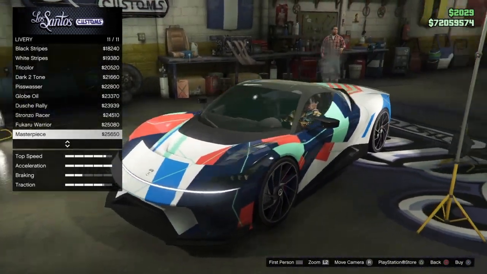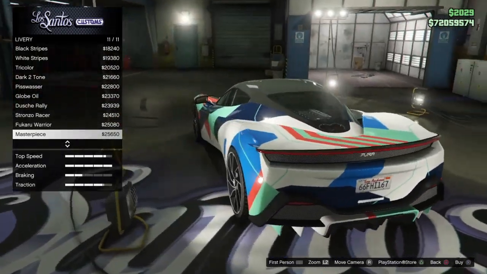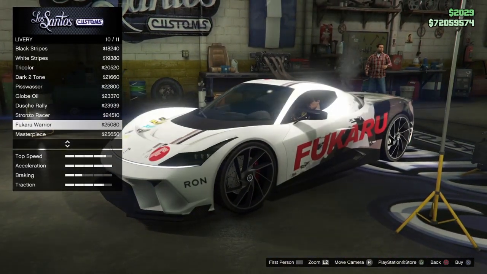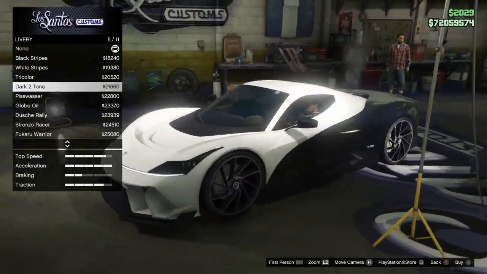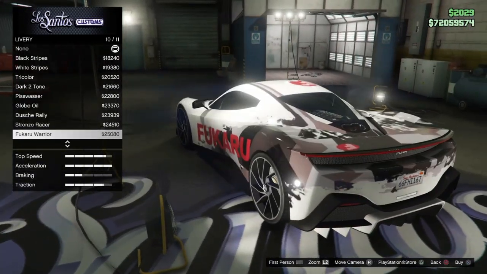Then we have the masterpiece. This actually looks pretty amazing, but it's sort of too crazy, but I like it. I like this livery being added, and I might get this one later, but I think I'm gonna go for the Fukaru one for this one. The stripes are nice and decent as well, and I also like this one. But yeah, let's go for the Fukaru